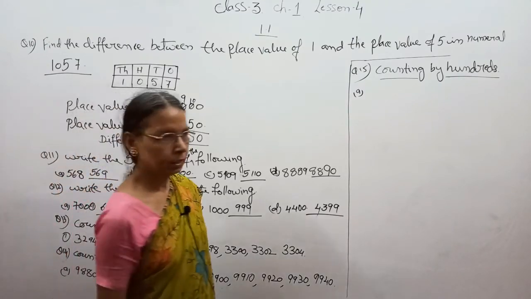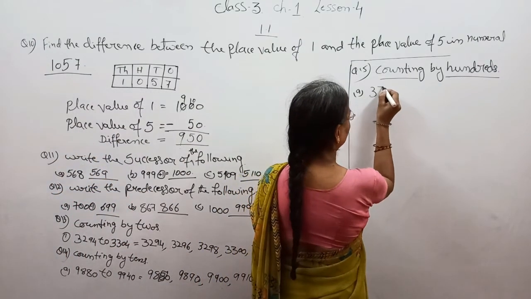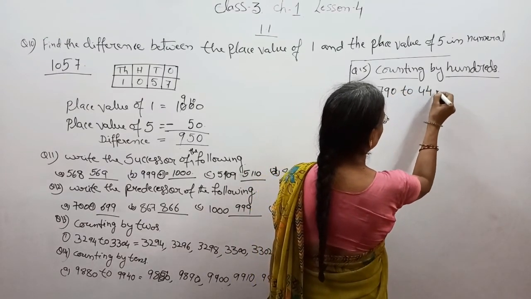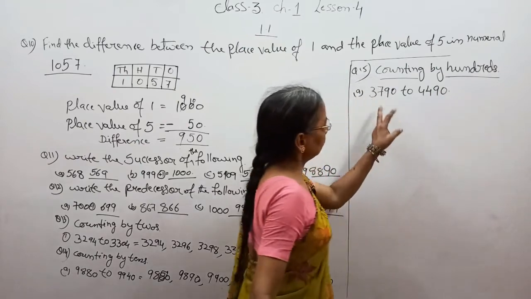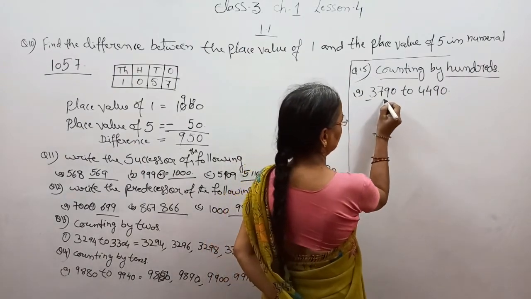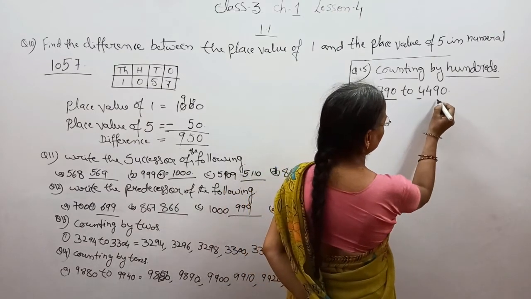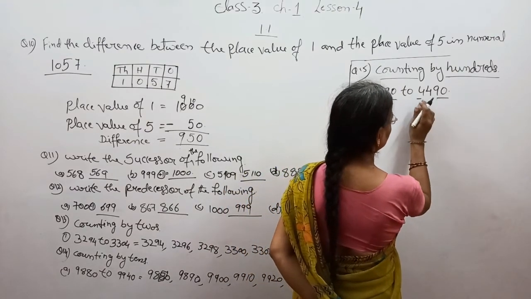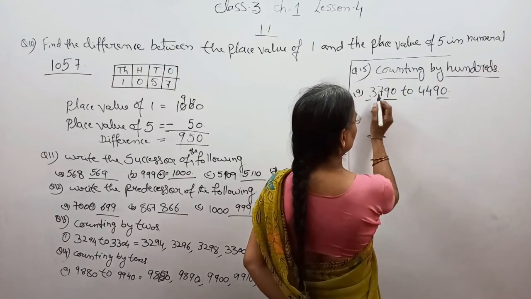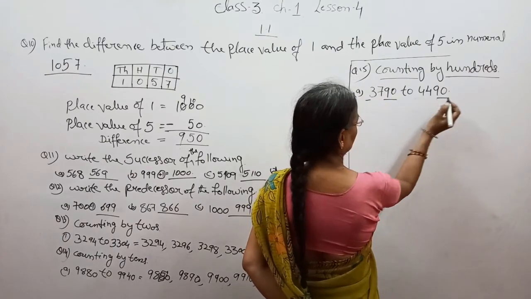3,790 to 4,490. इन दो नंबरों में, in between two numbers, the hundreds place changes and the rest stays the same. यहाँ पे स्टार्ट होगा